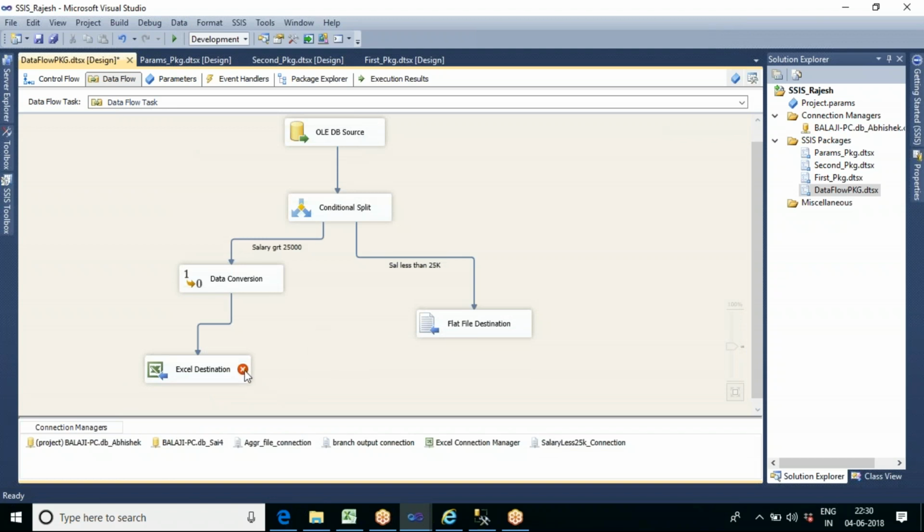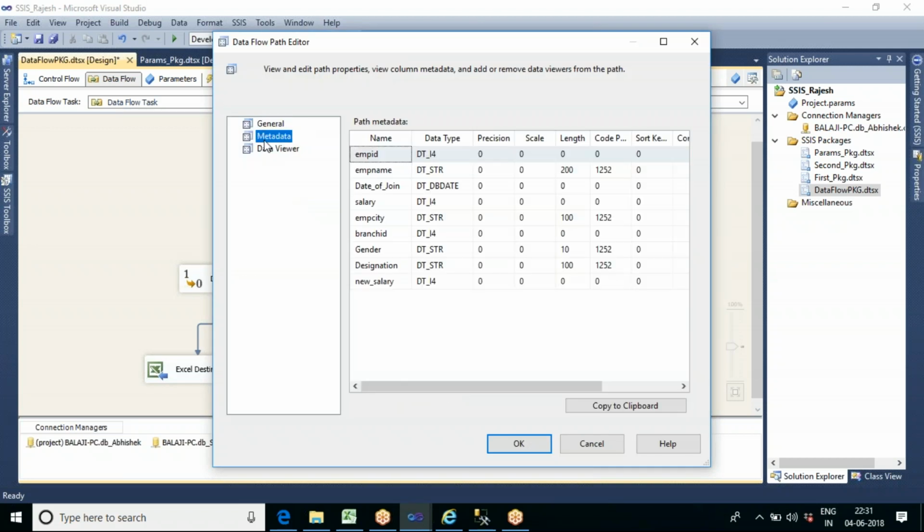Let us see what that is. Now you can see it is not showing for employee name, it is showing for EMP city. So there is a problem for EMP city also. Now you can go and see input one. Here EMP city is also coming as str, gender also str, designation also str. Now we have to do that for all the string columns.